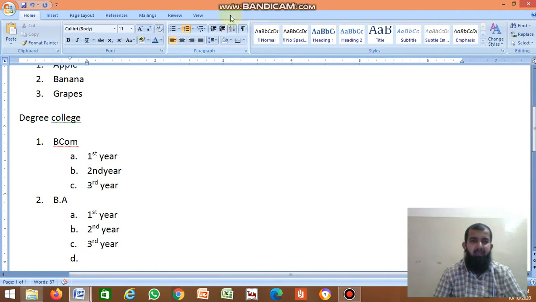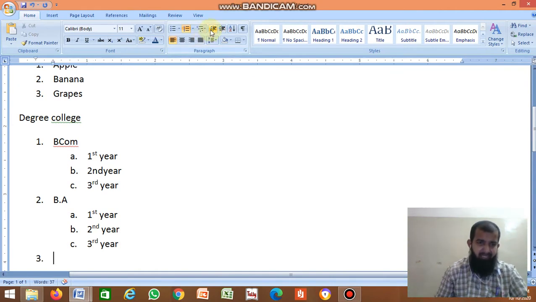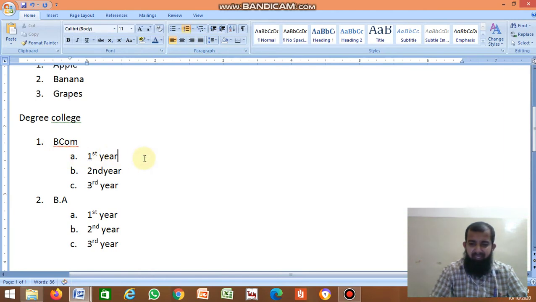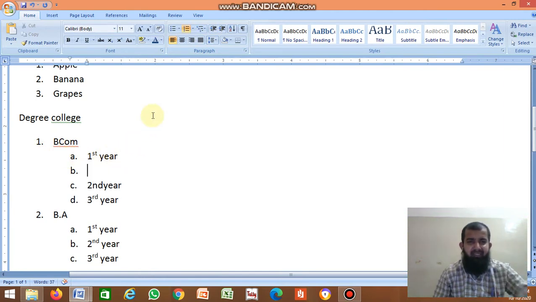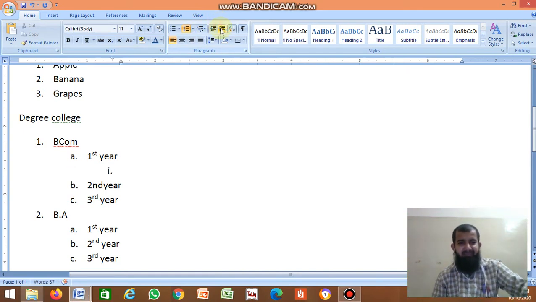Clear, no? Next, then you can write BSc, BCA also like this. So the levels are there. So first one, next A. Again under first year you can write again, you can divide. Again you can divide.